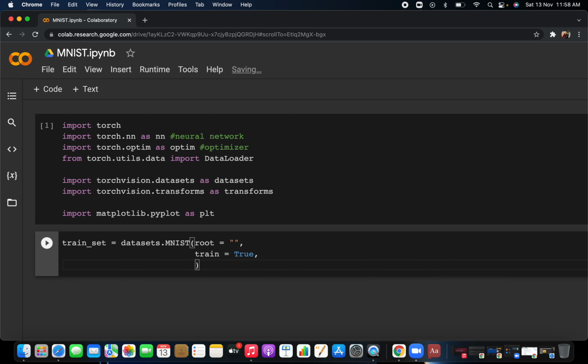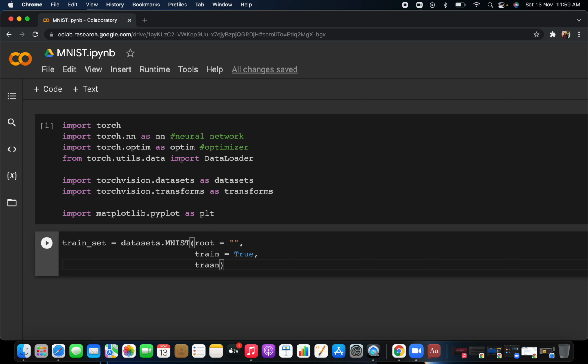Then the third parameter you will take here is transform. What you mention in transform, we already said: if you want to transform the images into a tensor, because your images are in pixel form, basically a numpy array, that pixel data you have to convert into a tensor. For that case you have to use transform. We will see this again, since we will do many deep learning projects, so don't worry. This is a really basic project, the first project, and you should know only the basic concept.